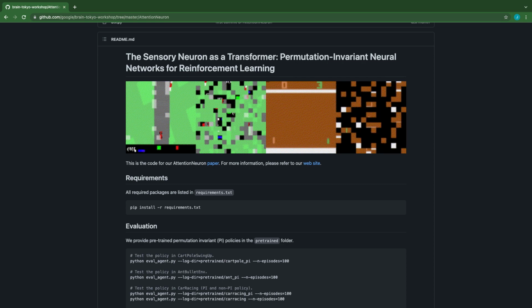with pre-trained models. The implementation I prepared for this video is heavily inspired by this repo, however I decided to only focus on a single task, the CartPole Swing Up. The official code is way more general since it can handle all the tasks described in the paper. Anyway, in my opinion, implementing the attention neuron for the CartPole task should be enough to understand the most important